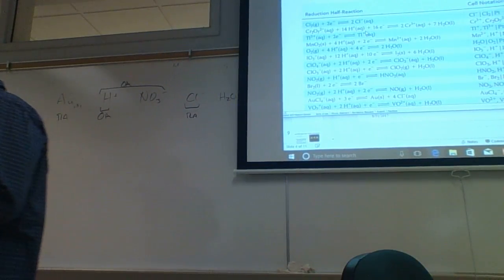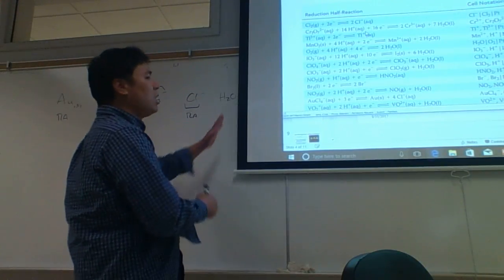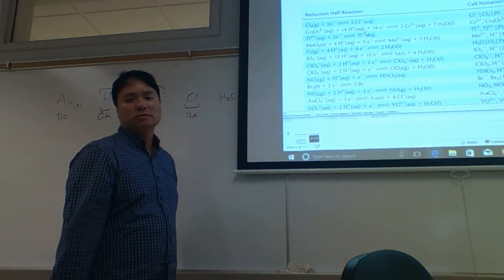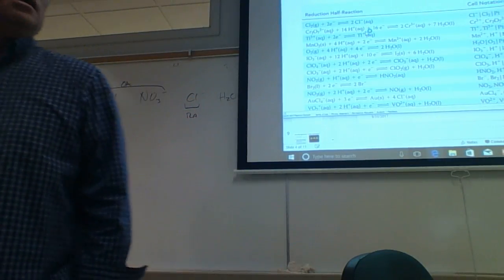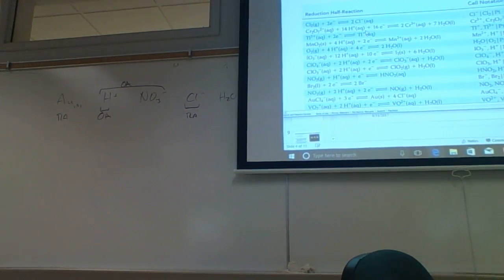But if you've actually looked at the chart and read all the entries in the chart, you'd notice that chloride occurs more than once, right? Multiple places. There are some things that occur on both sides of the chart, like water. So we figure those out. Same thing with chloride. In fact, chloride is a reducing agent, and so is